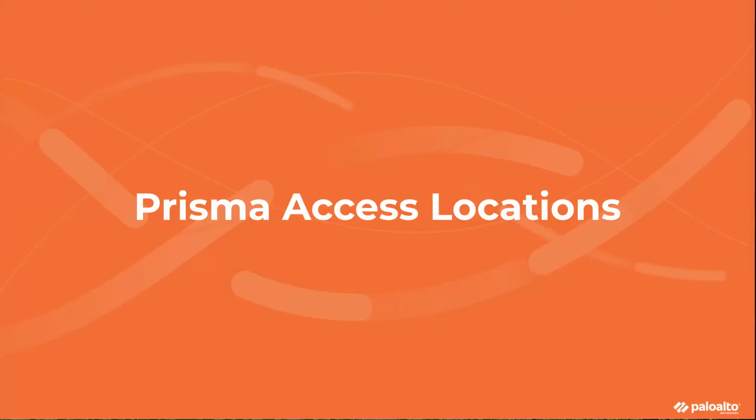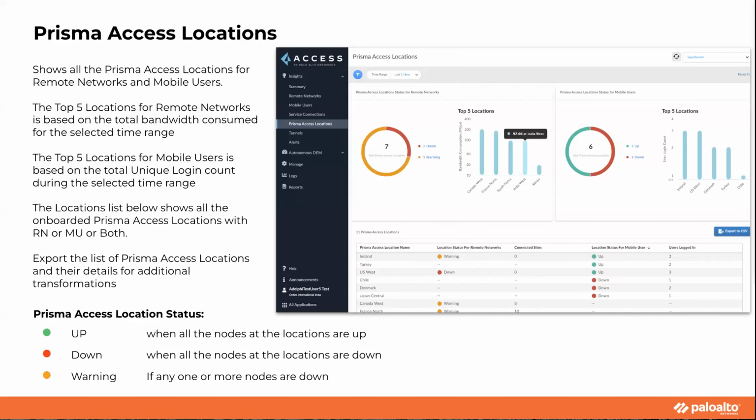The next dashboard we'll talk about is the Prisma Access Location. When you click on the Prisma Access Location, you can see that this dashboard also has information regarding the status of the remote networks, mobile users, and the Prisma Access Locations. The location dashboard is tabular and shows all the onboarded Prisma Access locations with remote networks or mobile users or both. You can export a CSV format file for reporting purposes,